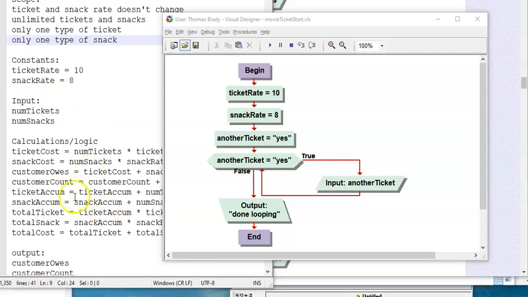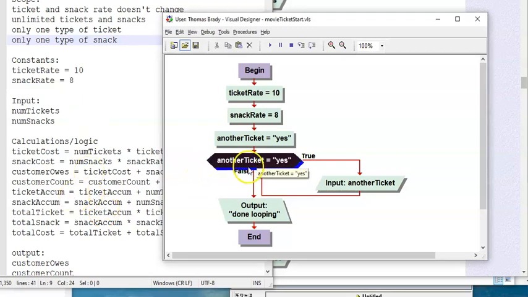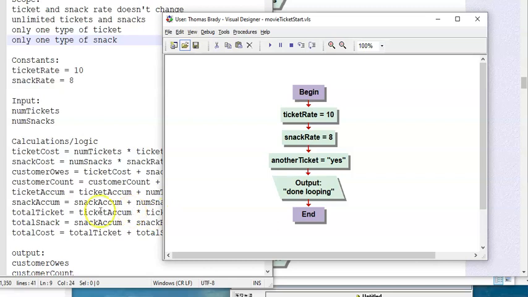All right, we finished our problem statement, and now we're ready to go ahead and flow chart it. And what we're going to do is use the build and test methodology to get it all done. Whenever we have constants,